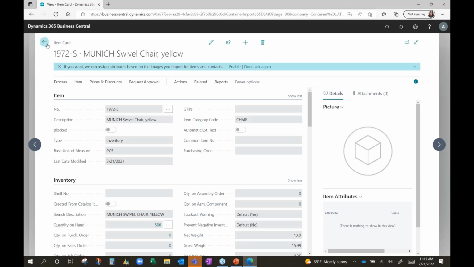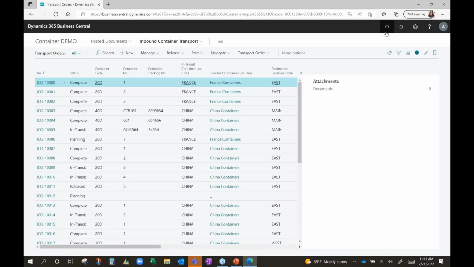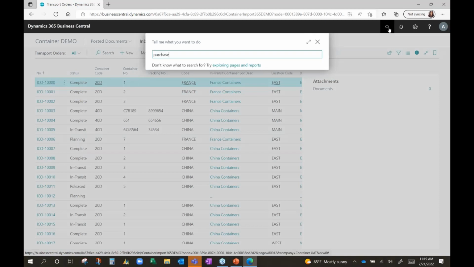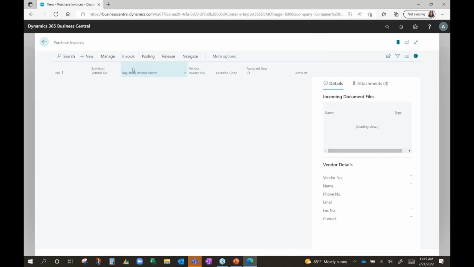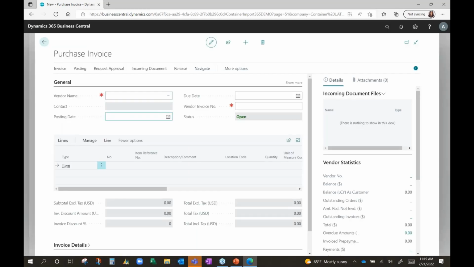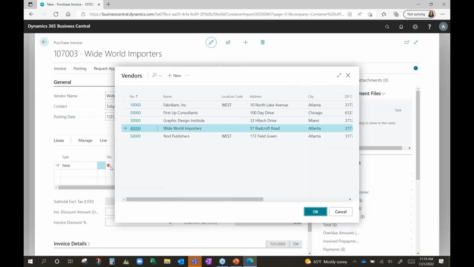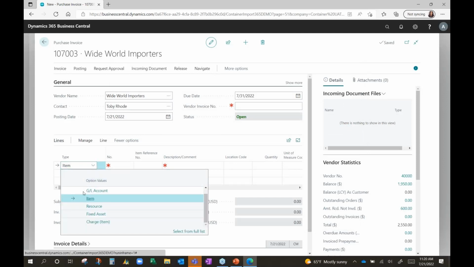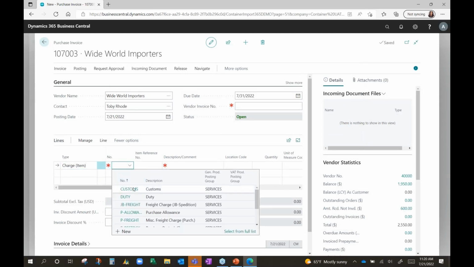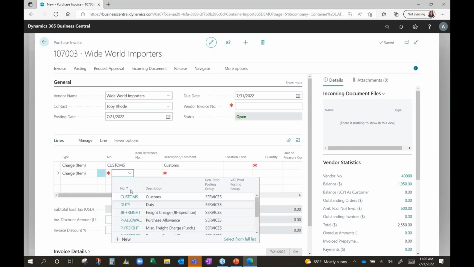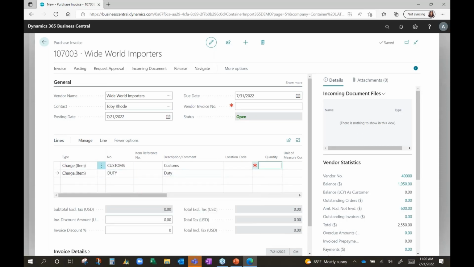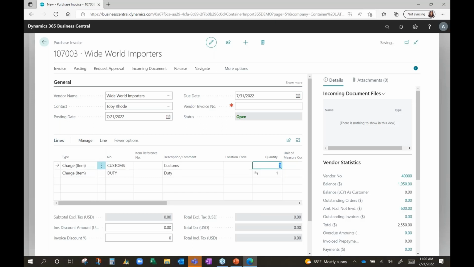I'm going to go ahead in this case and go to a purchase invoice, and we'll create a quick invoice here so that we can add those charges. I'm going to go ahead and choose my vendor, and I'm going to actually have two different charges here. I'm going to do a charge for customs and a charge for duty that's on the invoice. Let's say this is,